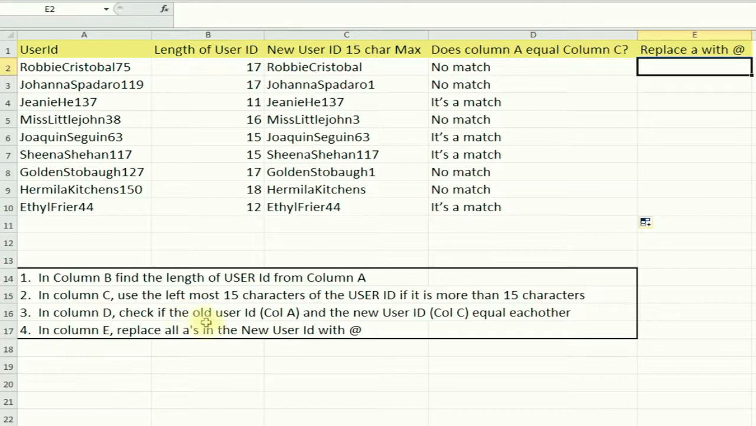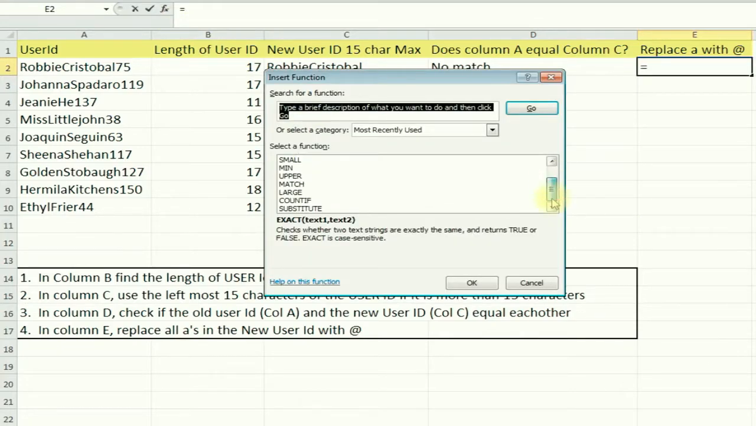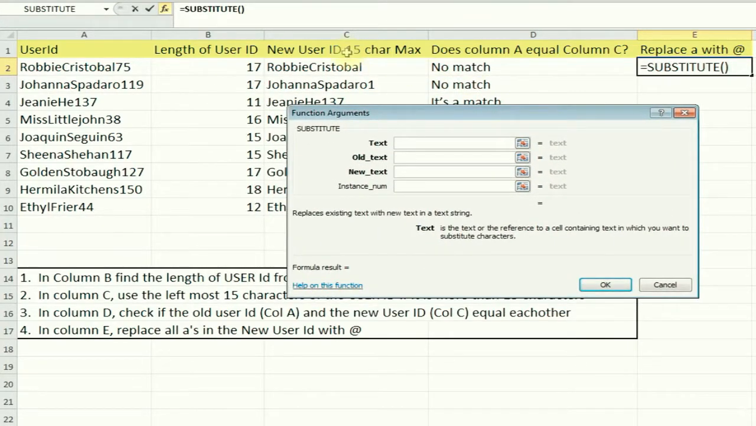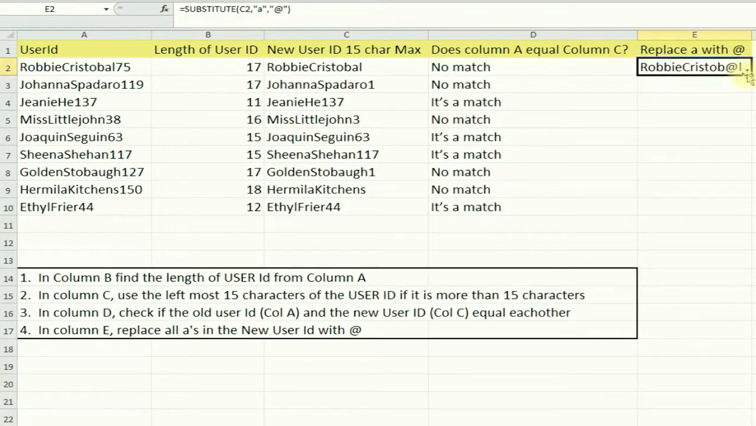And the last one is in column E, replace all the A's in the new user ID with the and sign. To replace something in there, we can use the SUBSTITUTE function. So I'm going to pull that one up. Actually, I've got it right here in most recently used. Click OK. We're going to pull in this, and the old text is an A, and we want to replace it with the and sign, or the ampersand, or whatever this sign exactly is. Click OK. So now if we copy this down,